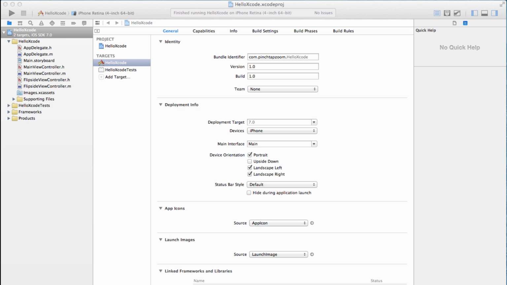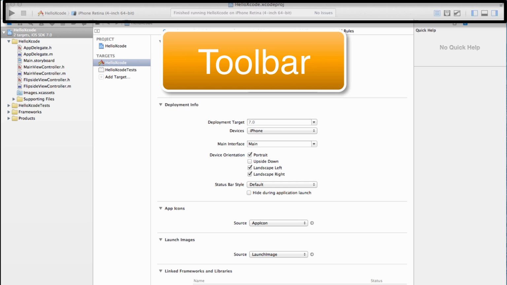So after you've created your project in Xcode, this is the user interface that displays. So we'll start by just reviewing the different parts of the screen and how they function, because this can look a little intimidating if you've never used this application before. So first of all, across the top we have the toolbar area, and this displays your project status. It will show you when it's running something on a simulator or actual device, and also display warnings and error